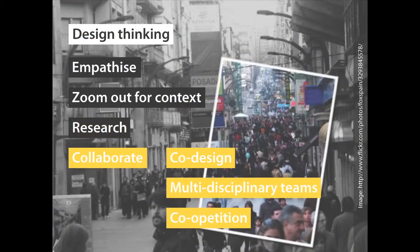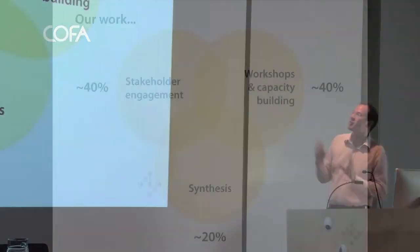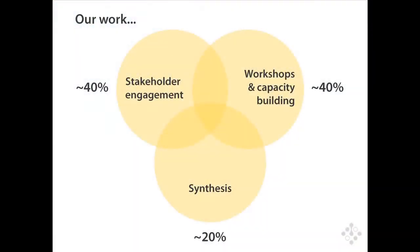Co-opetition is the third one. It's probably less relevant for tonight's discussion, but it's really looking at where traditional competitors work together to achieve a common goal. The cooperation and collaboration approach to design, I think, is reflective in where we do our work. But basically, a lot of our work, and I would estimate, and this isn't a scientific estimation, that about 80%